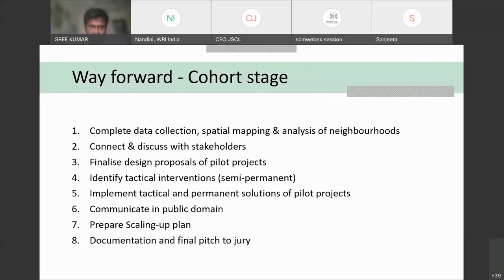We need to quickly get on to completing that. And then identifying tactical interventions. I think in the last workshop we did quite some discussion on the tactical interventions, and probably cities are already working on identifying them. And here I just want to remind again the importance of identifying semi-permanent solutions, semi-permanent components as a part of the tactical interventions. So that itself continues to keep the momentum on and the interest in doing these kinds of solutions in the cities. Then implementing the pilot projects,